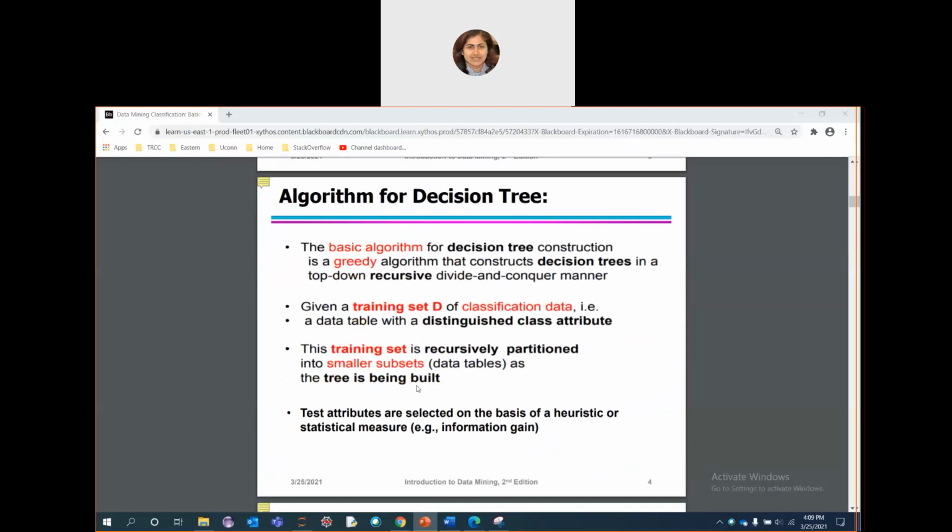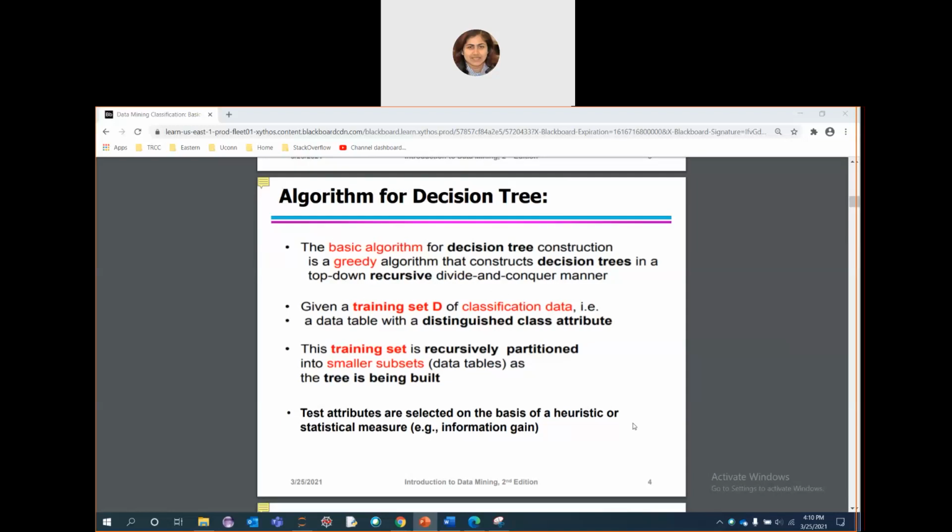So the decision tree algorithm is a greedy algorithm. So why is it called greedy? It constructs the decision tree in a top to bottom manner, recursively, iteratively. You can go forward, backward for making the decision in a divide and conquer way, because we are relying on the splitting condition. That is why we are including the divide and conquer approach and recursive approach, and this is how it is called a greedy algorithm.